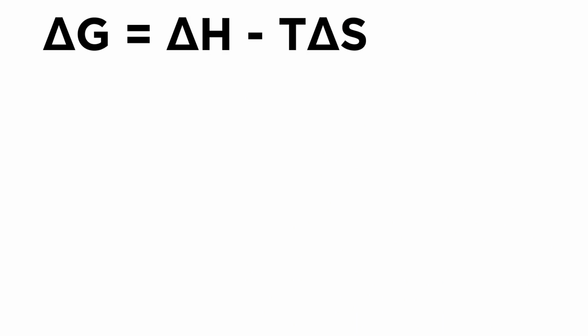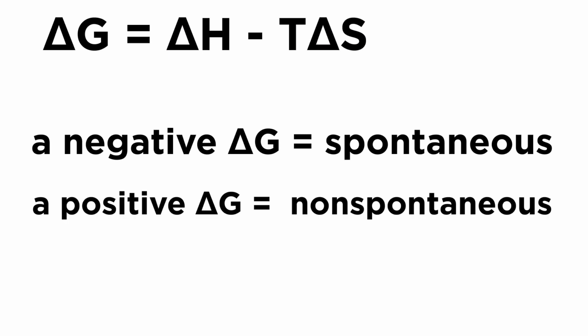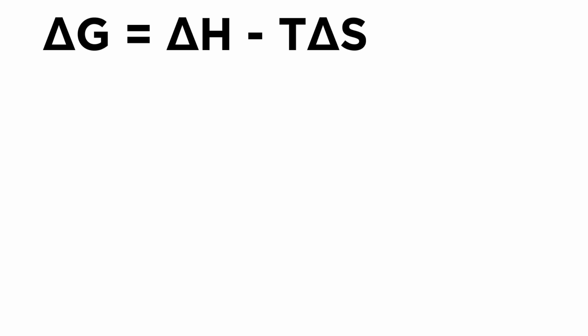Change in Gibbs free energy is given by this equation, which includes change in enthalpy, change in entropy, and temperature. If delta G is negative, the process is spontaneous. If positive, it is non-spontaneous. So we can use this equation to see how a spontaneous process can be either enthalpically or entropically favorable, or